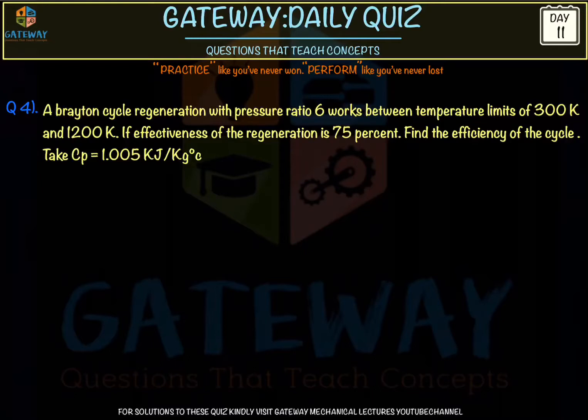Right. So what we'll do is we'll draw the TS diagram first. Since it is a gas turbine cycle, we don't have any saturation curve. And drawing the TS diagram, we know one straight line will be for the compressor, and the other straight line will be for the turbine. Right, and then 2 constant pressure lines.